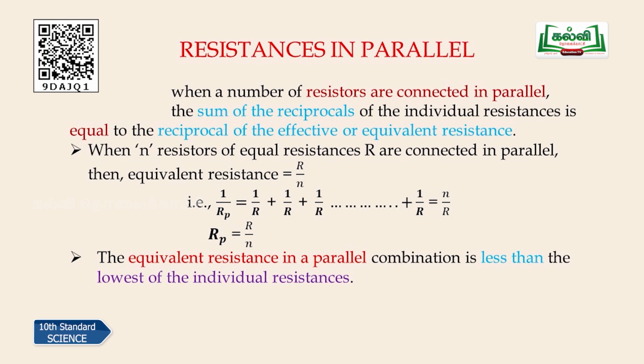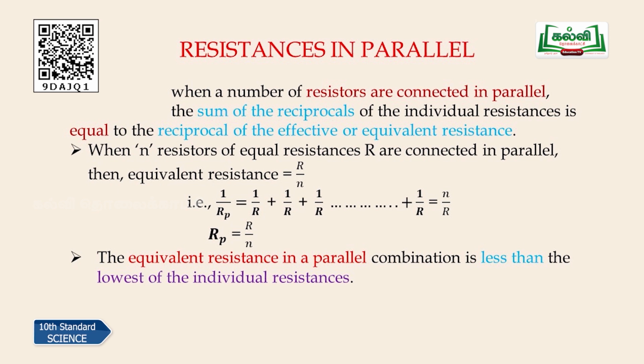So reciprocal of the effective resistance is equal to sum of the reciprocal of the individual resistors. In series connection, what we have seen, the effective resistance is equal to the sum of the individual resistors, we just add all the resistors, but here for the parallel combination it is a reciprocal one. Okay, you have to keep that in your mind. The reciprocal of effective resistance is equal to the sum of the reciprocal of the individual resistances. That one you have to keep it in your mind.